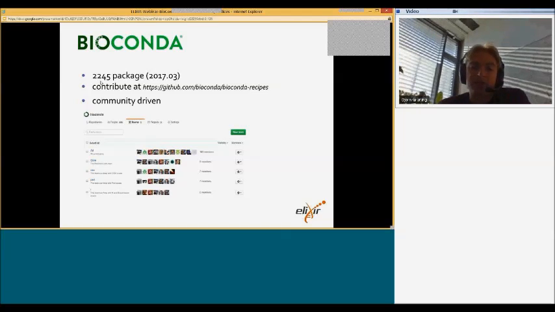And so what you can see here is, for example, that we ask everyone to join kind of sub-communities, for example, an R or a Perl sub-community. So if people have problems getting their package or the package isn't compiling for whatever reasons, they can just ping the Bioconda-Perl community, and then there are a few guys that try to help to solve these problems. This entire project is completely community-driven